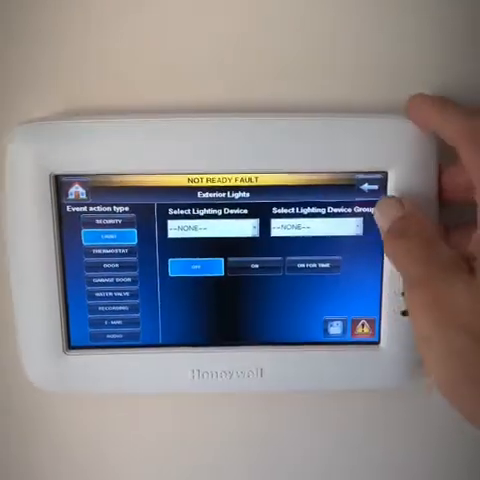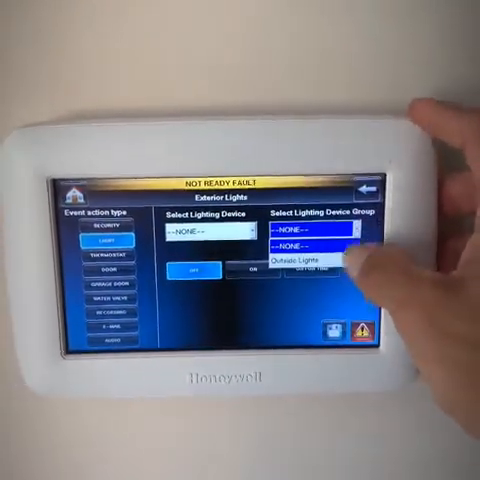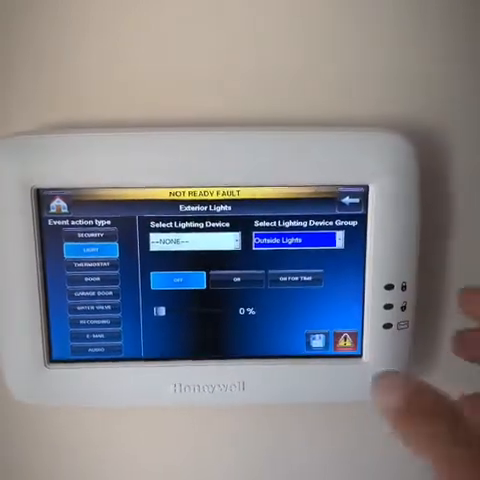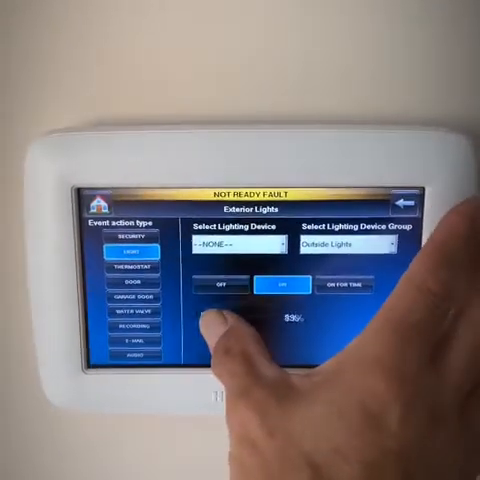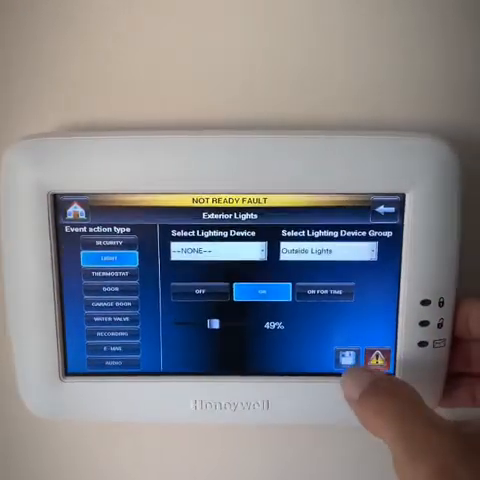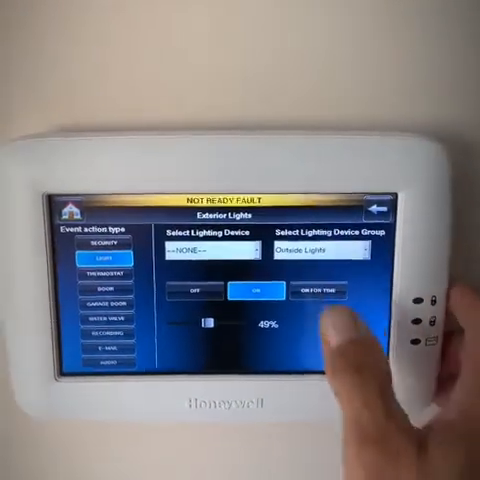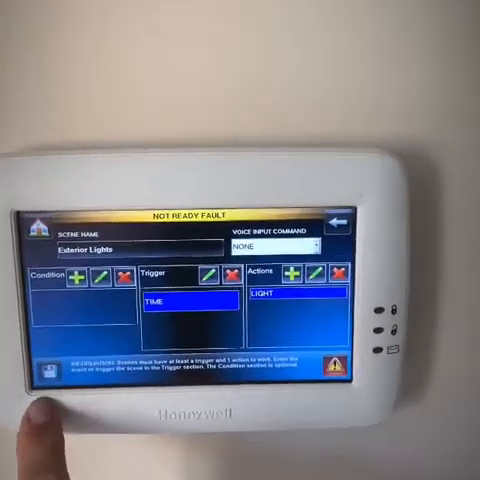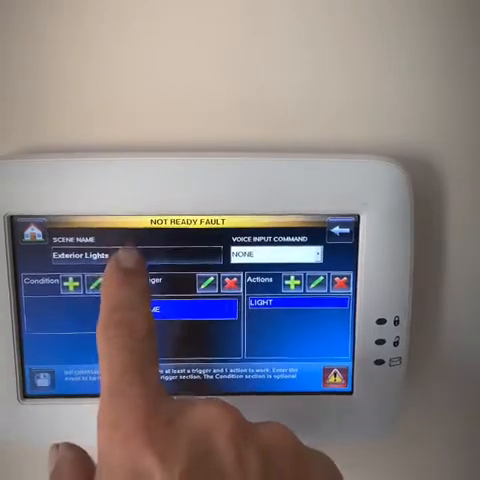So we're going to go to lights, and we're going to pick a group. We're going to pick the outside lights. So normally you would go into the device and you would pick individual lights. In this case, we're going to do all the outside lights. I'm going to set them to turn on at 50%, 49%, somewhere right in there, because it's hard for my thumb to slide that. I'm going to hit the save button, and down here on the bottom left, before I do that,